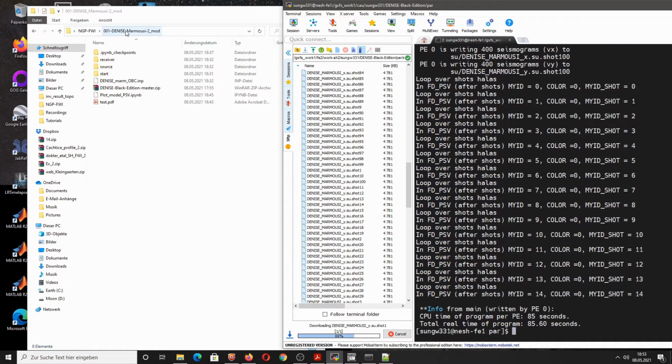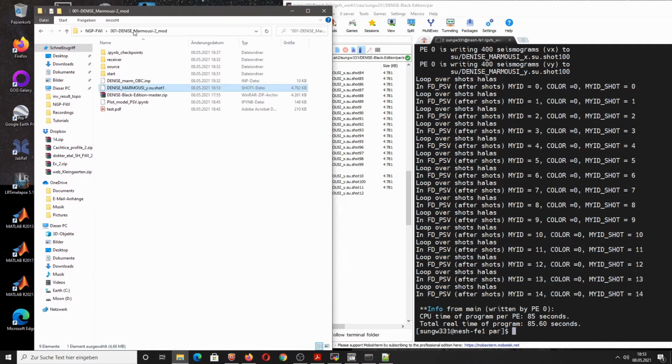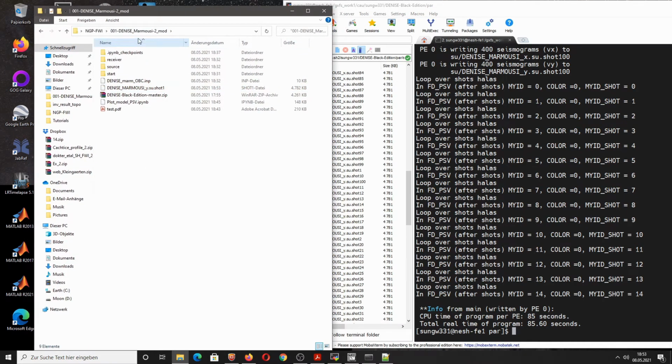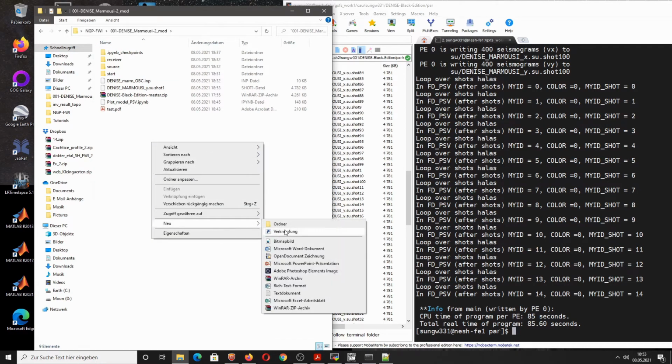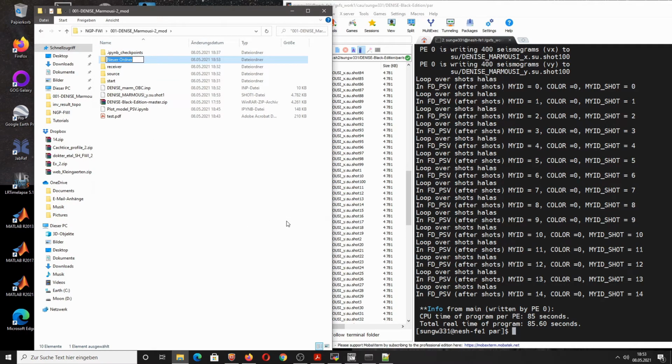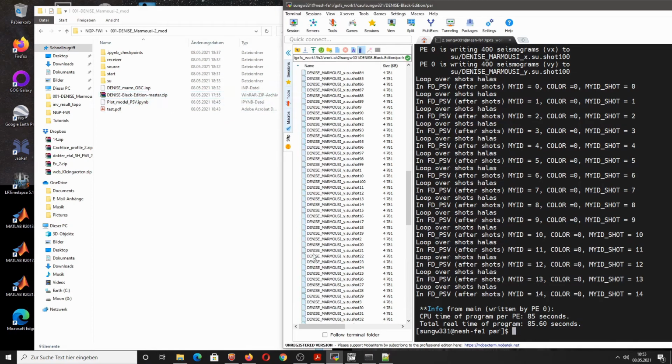And yeah, it's also a good idea to save it in a similar directory. So I copy it again here onto my desktop computer, to my 001 Denise Marmousi 2 mod folder. And perhaps I should create also a Seismic Unix folder and then move this into the Seismic Unix folder so that everything is actually consistent. Then let's take a central shot, for example shot 50.